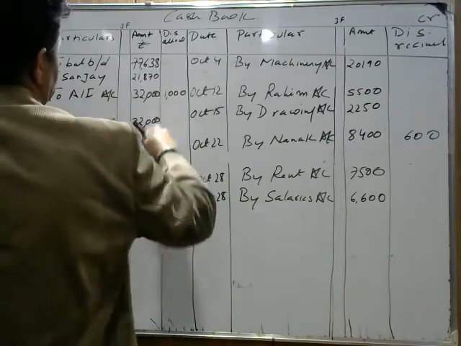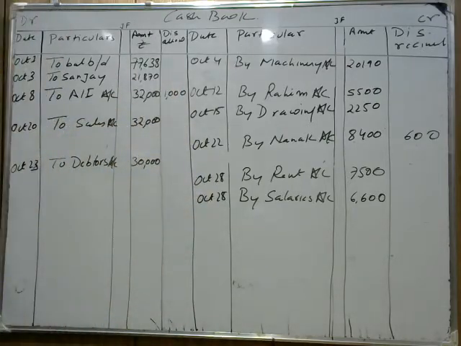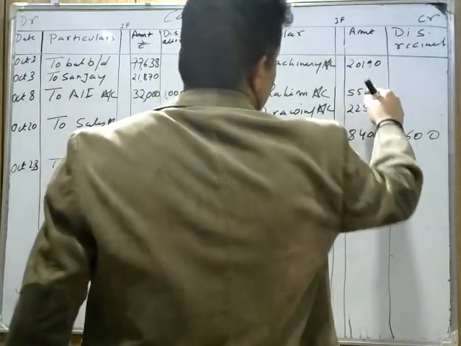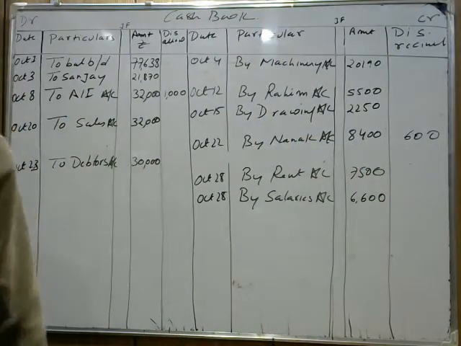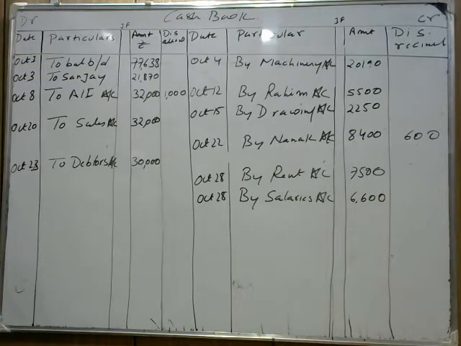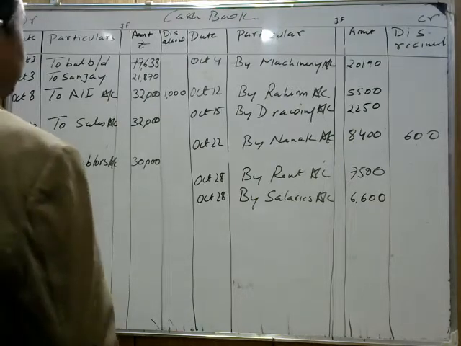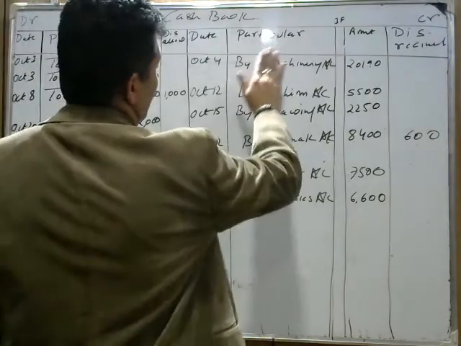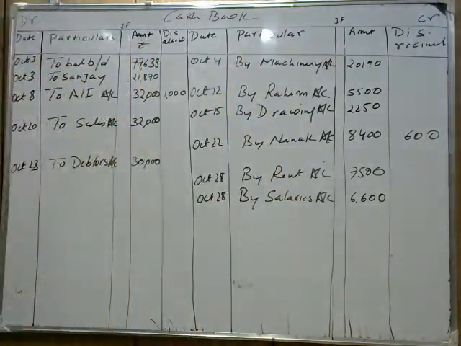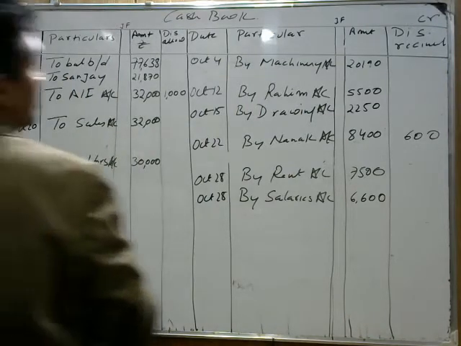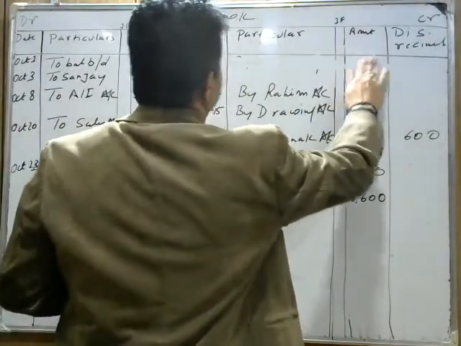Okay, fine. Oh sorry, we missed purchase land. We missed this transaction on October 3rd. Purchase land, we missed, that's what I'm saying, it's an important part. On October 3rd, we purchased land, we missed this transaction. October 3rd, we purchased land. We'll skip this portion. So I'm writing my machinery here.